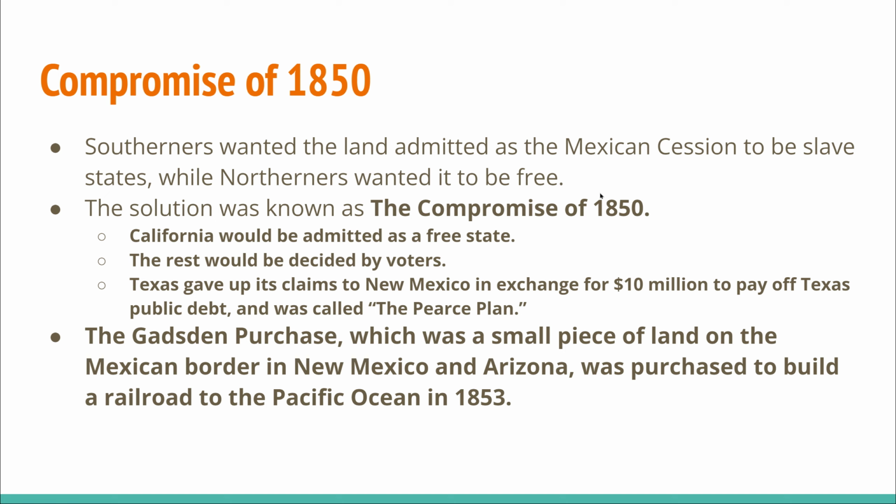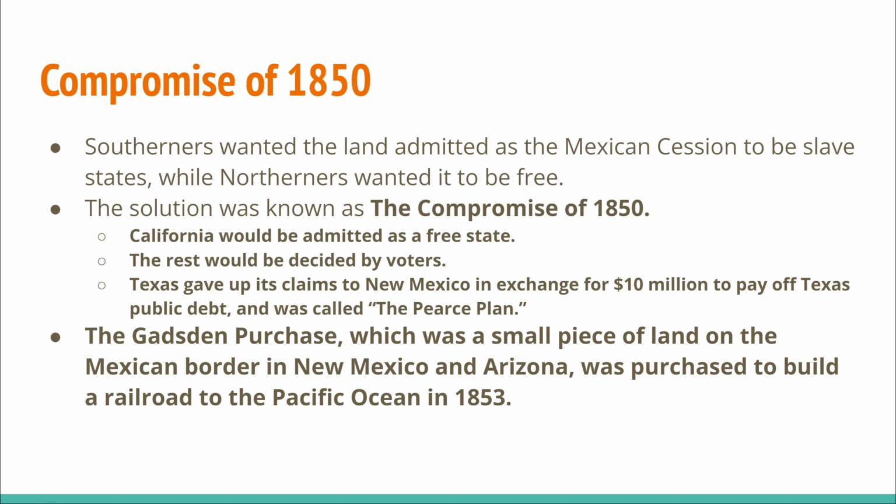So, 2 years after the war, the United States is going to decide on something called the Compromise of 1850. Okay? The Southerners want the land admitted as part of the Mexican Cession to be all slave states, while the Northerners want it to be free states. Because remember, we talked about that delicate balance in U.S. politics where they want to keep equal numbers of states as slave states and as free states so that neither side can make laws over the other. If there's a majority in Congress,